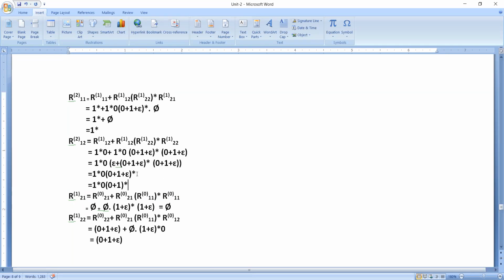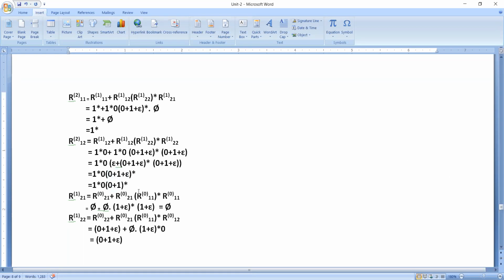Why? Because when you expand this regular expression, we will get epsilon, we will get the sequence of zeros, we will get sequence of ones, and the combinations of zeros and ones. In the same manner, when you expand 0 plus 1 whole star, we will get epsilon, sequence of zeros, sequence of ones, and the combinations of zeros and ones. That is the reason why when I simplify 0 plus 1 plus epsilon whole star, it results in 0 plus 1 whole star. Okay. So this is the answer for this one.